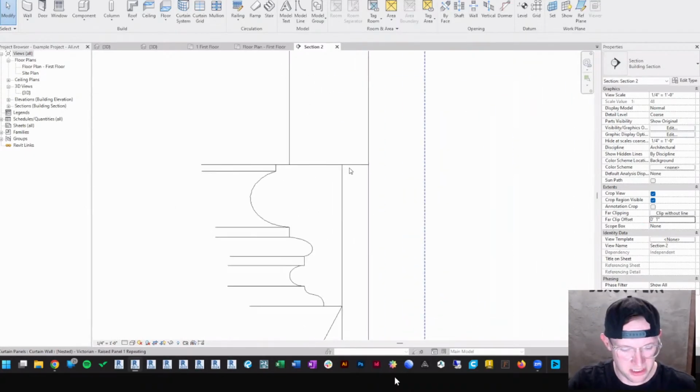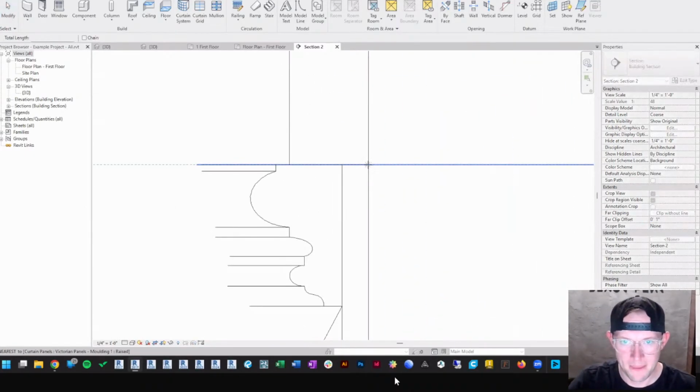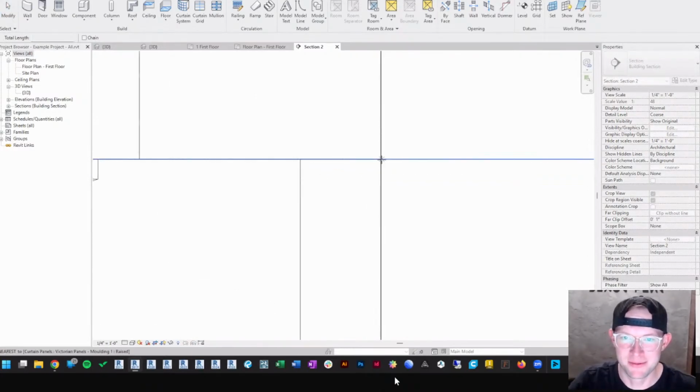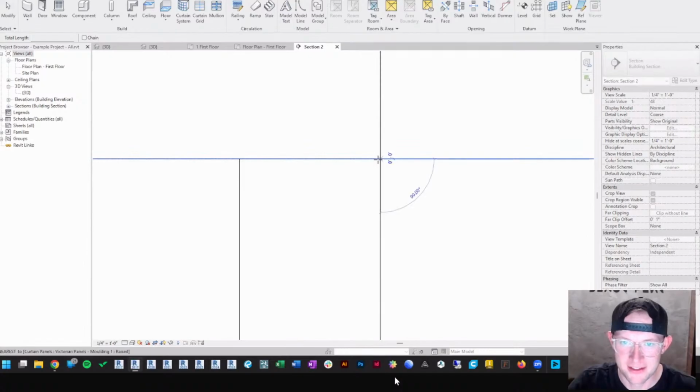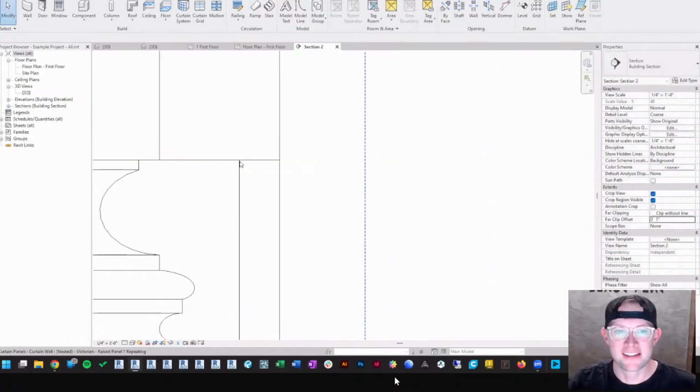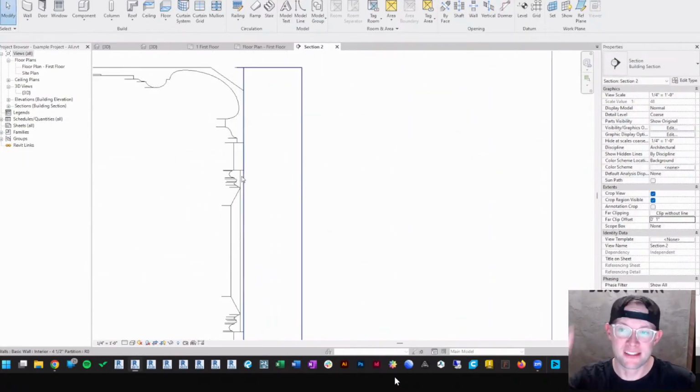I know this should be... just the fact that it's not snapping to edges lets me know that it's probably, yeah, like that should be 3/4 of an inch. So it's definitely like real life. If you saw it in the wall,